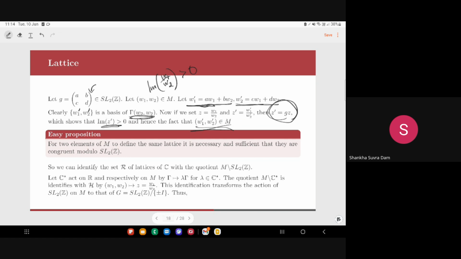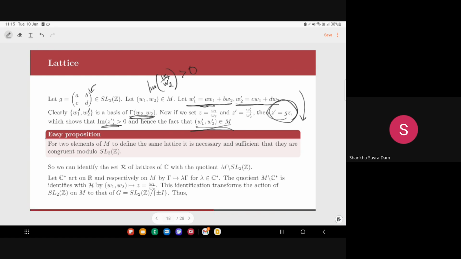For any two elements of M to define the same lattice, it is necessary and sufficient that they are congruent modulo SL2Z. We proved one direction and the other direction is left as an exercise. So we can identify the set of lattices of C with the quotient M by SL2Z. Now we define